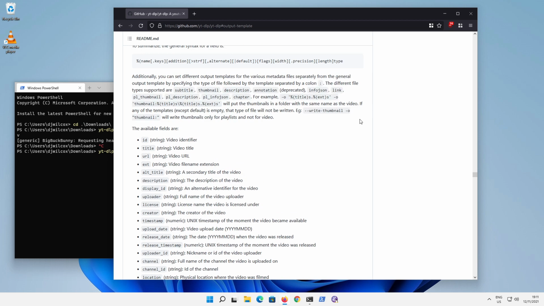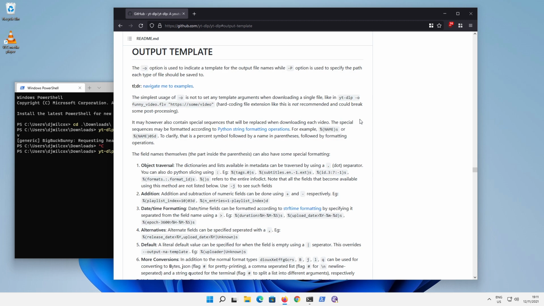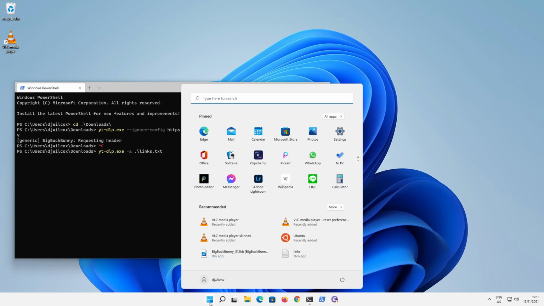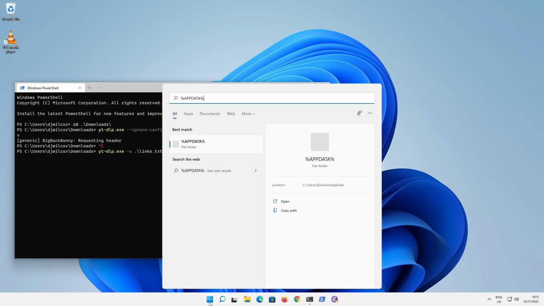But that's basically how you change the download location and the way that the downloaded files are named. So if that's what you want to do, read that. And again, the configuration is in APPDATA,